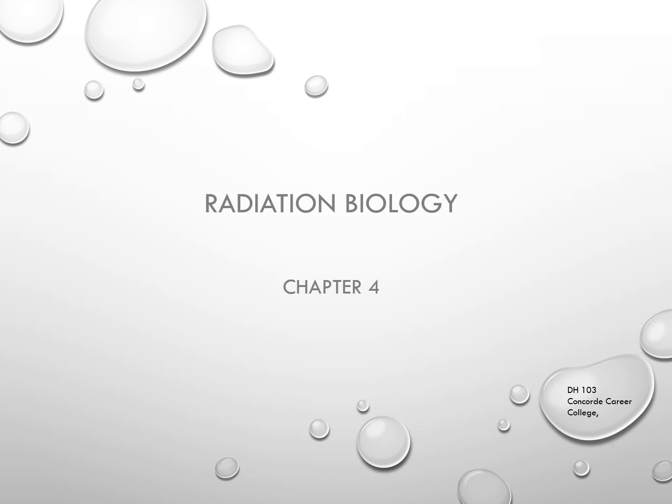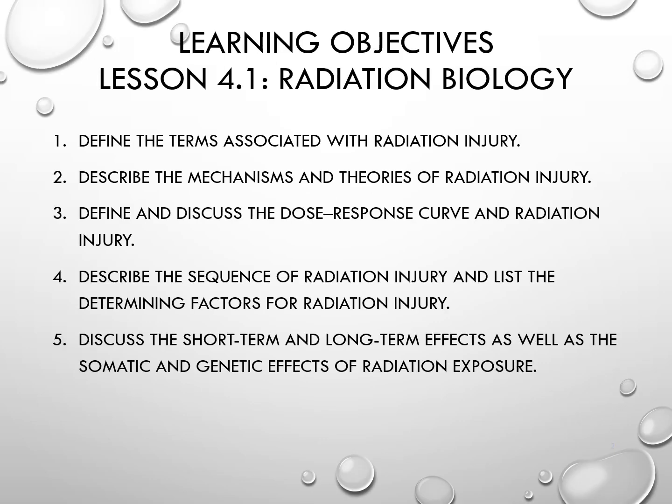And now we are in Chapter 4, Radiation Biology. The learning objectives for this chapter include to define the terms associated with radiation injury, describe the mechanisms and theories of radiation injury, define and discuss the dose-response curve and radiation injury, describe the sequence of radiation injury and list the determining factors for radiation injury, discuss the short-term and long-term effects, as well as the somatic and genetic effects